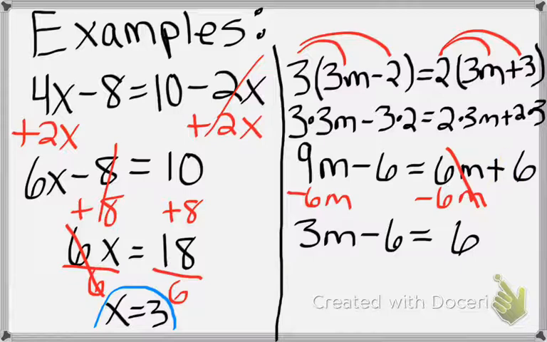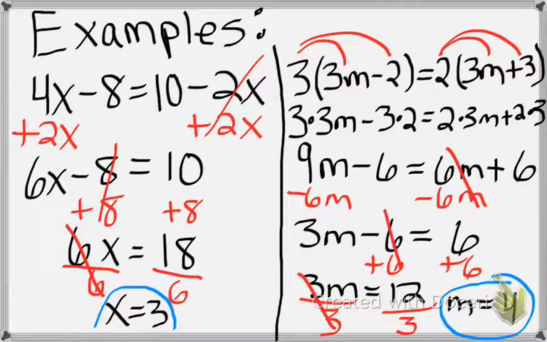Alright, we now have a two-step equation, so now solve it from here. And you end up with m equals 4. So what we did is we simplified both sides, and then we used the same process that was used on the left side. Now I want to point out as a reminder, this very first step on that last one,